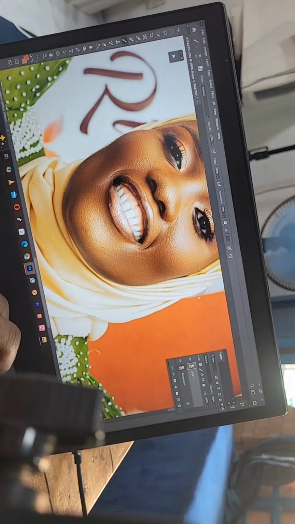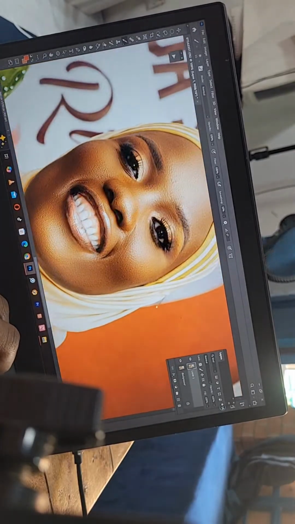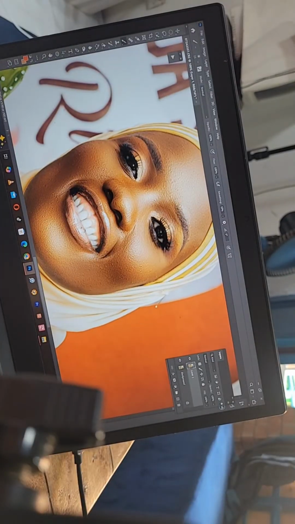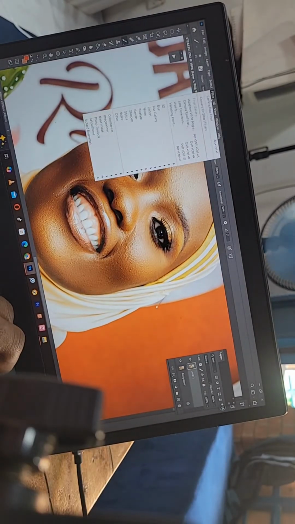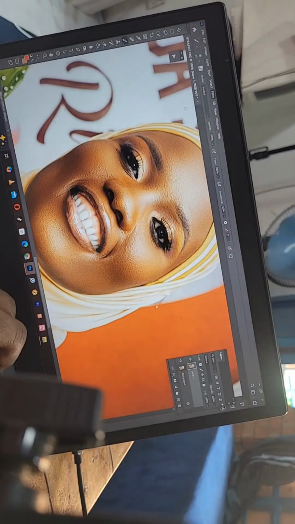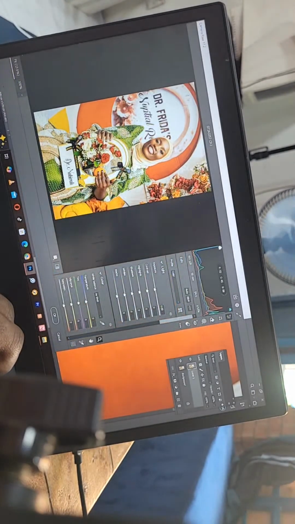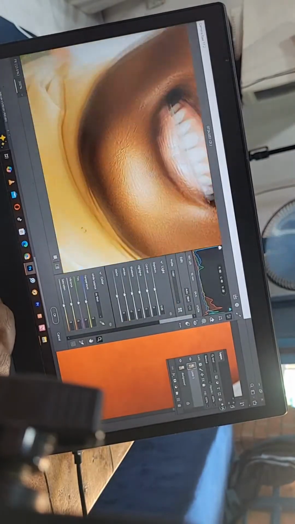And I can see there is some color casts in our image, so I will just press Ctrl J to duplicate the layer, and then I will come to filter and then Camera Raw. I will just try to sample this layer to remove that unwanted colors